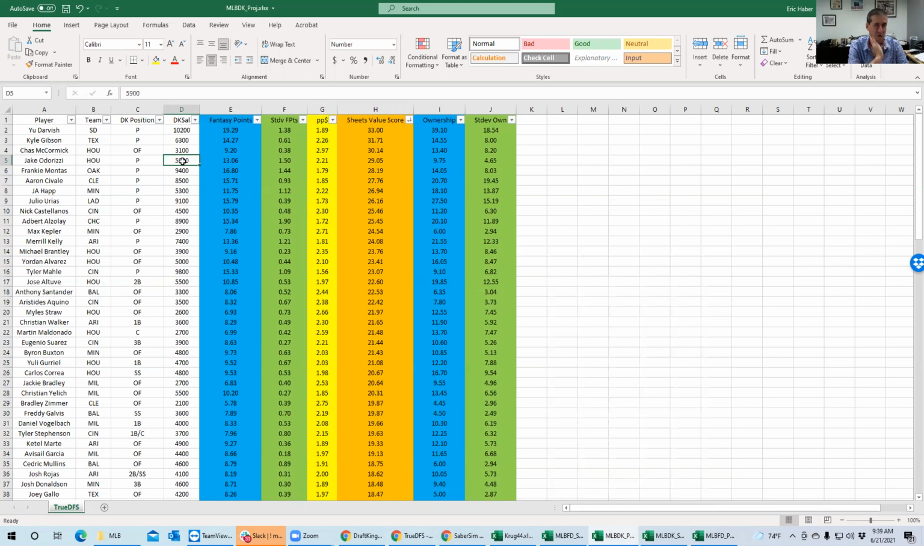If the hitting options aren't that great, I am probably going to pay up for some of the lower owned high price guys like Montas, right? If the hitting is really, really good, then I'll probably want to pay down for Gibson and Odorizzi, things like that. Now, again,